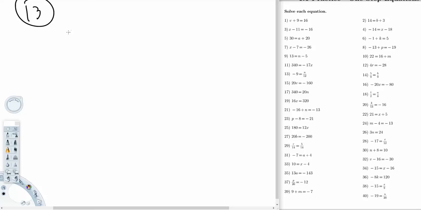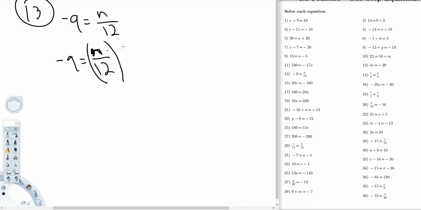Number 13. Negative 9 equals n over 12. Now, what they're trying to do here is scare you a little bit with this division. Let's take a look at this. So minus 9 equals n over 12. What do they want to get rid of? We want n, right? So if I multiply this thing by 12 and I multiply this thing by 12, I should be able to get rid of this 12 over here, right? Because if you think about it,